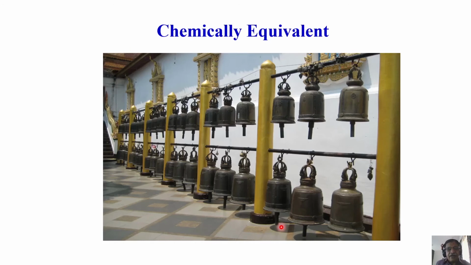So this is a fantastic diagram to show what chemical equivalence is. See this, I showed you for the chemical shift different types of bells where the charge distributions were different compared to the site of the nucleus. But here, all are the same, identical. It's a perfect example of chemical equivalence of this side and also of this type of ring. These two may be different, but all these become one type of protons or carbons. All this becomes another type. This is an example of chemical equivalence. Okay.